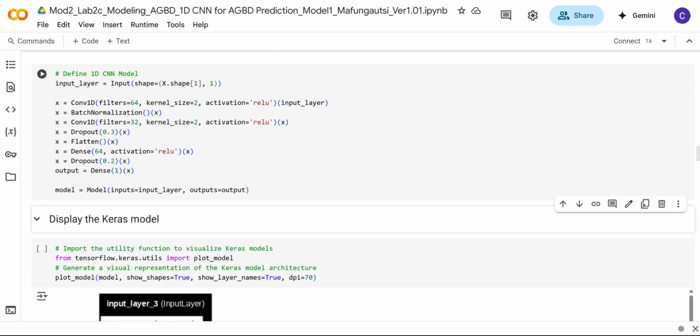Okay, next we are going to apply the first convolutional layer using the Conv1D. So we set the number of filters to 64. This means that the network will learn 64 feature maps. We are going to use a kernel size of 2, so this allows us to capture the patterns between the neighboring features. And the activation here is ReLU, the rectified linear unit, which introduces nonlinearity and helps the model